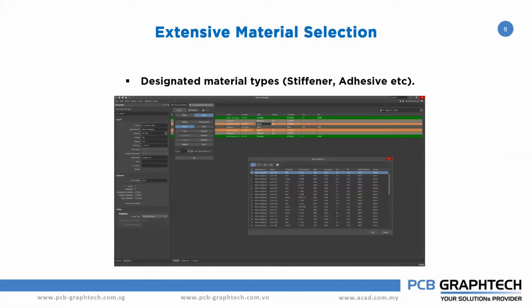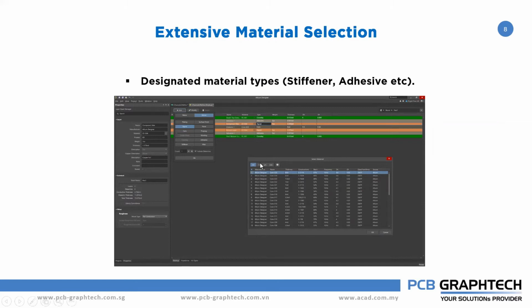What is the purpose? When you add the stiffener, it increases the thickness of the rigid flex, and also it increases the strength of the material. It gives more strength to the rigid regions. Adhesive layers, if you add, give more multiple layer stacks. It is more strength and it is more powerful when you go for the flex stack up.